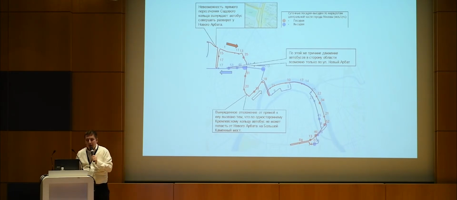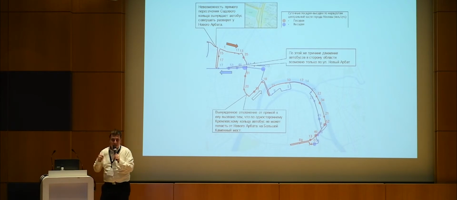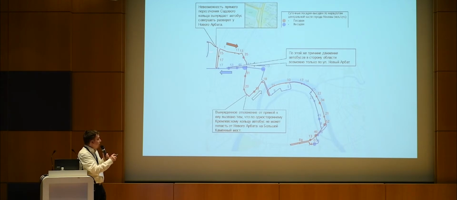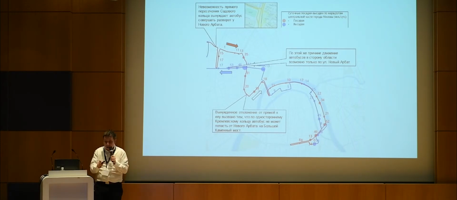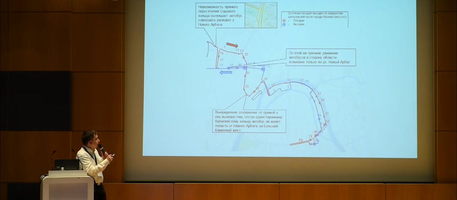So historically, some time ago, when it was not affected by the road design, it used to be a useful line because it was doing a pretty straight pattern from somewhere here to somewhere here. But it cannot do it because the road network prevents it from doing so. So when the buses go into the city center, there's a garden ring that doesn't have a traffic light here. The traffic light was removed in order to improve the circulation of cars, which is the wrong priority, as we now know. So the bus has to do the right turn, go there, make a U-turn, go back, and